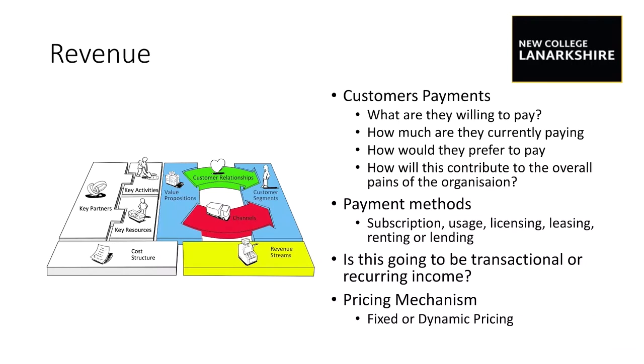Are we going to have it fixed throughout the year, so that if our own costs change, it won't determine what our pricing is? Or is it going to be a dynamic pricing scheme where if our on-costs change, then obviously the product price changes throughout the year, which for our learners might not actually suit what we're doing. So we need to understand how we're going to price it, what levels we're going to price it at, and what methods of payment are going to be used.